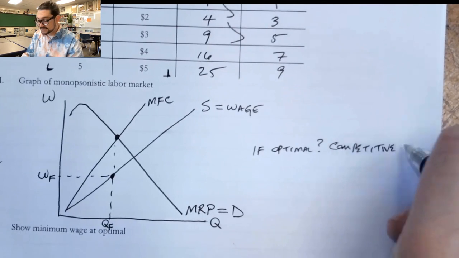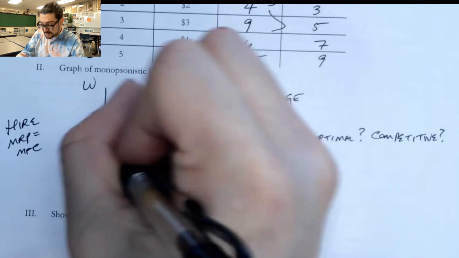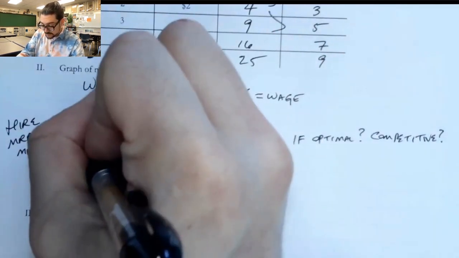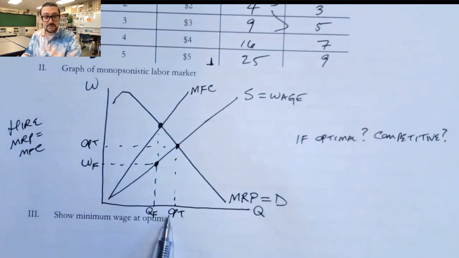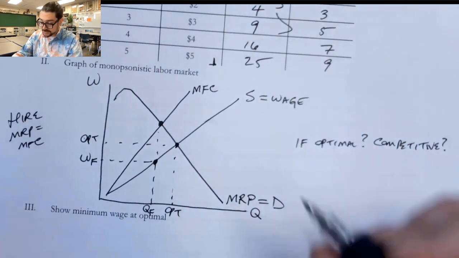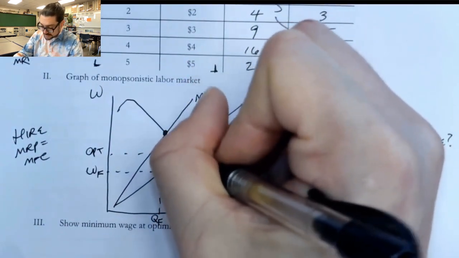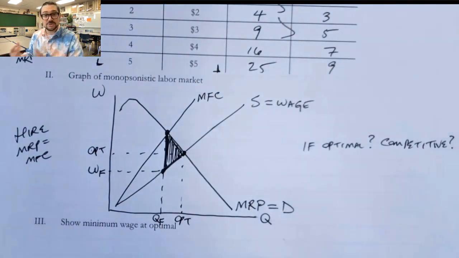We can look at that and say, well, it would be where supply and demand are. And you can see that here, this would be the optimal or competitive market. If this were a competitive labor market with more firms hiring, they would actually hire more workers at a higher wage. And so this leads to what we call deadweight loss, right? There's deadweight loss here in this market. It's basically the lost value of those hirings that should have happened. But this monopsony is not hiring enough workers and it's underpaying the ones that it actually does.